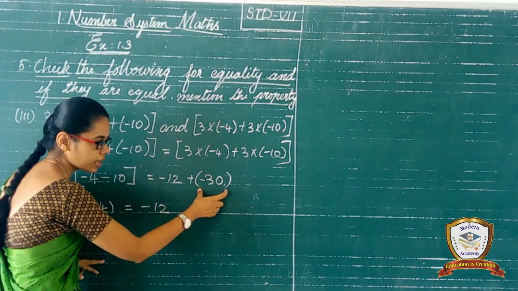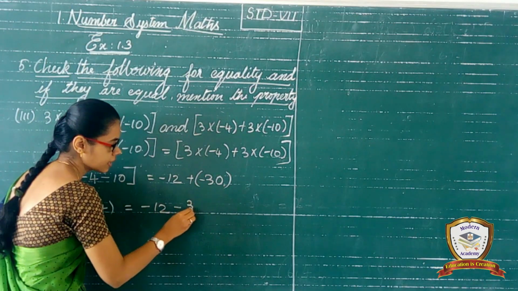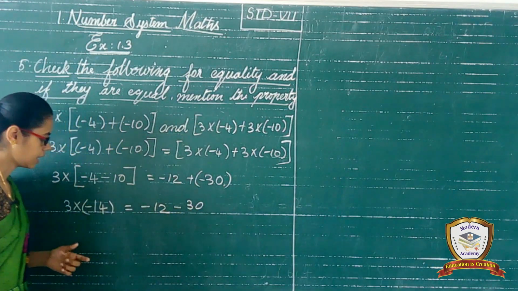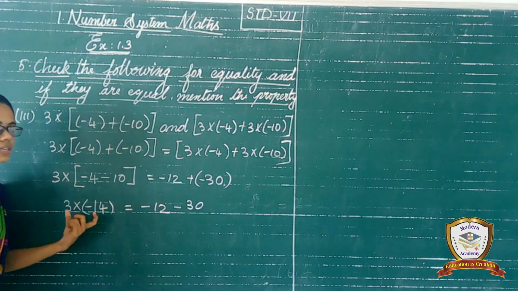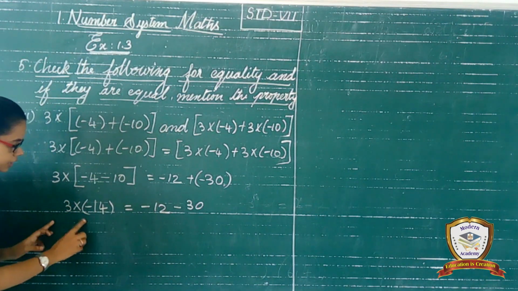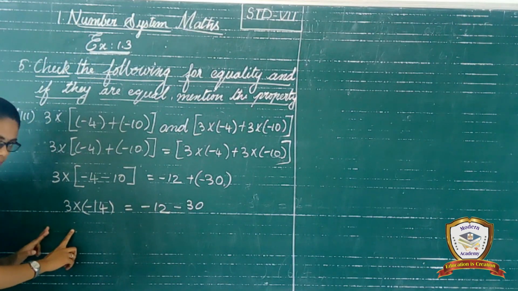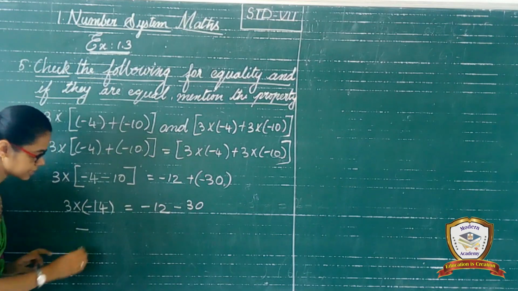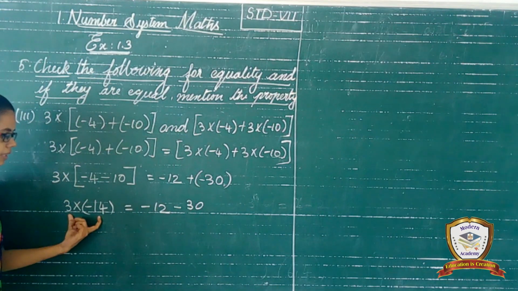See here, now we have to remove the bracket for this. So plus into minus, minus and 30. Okay, and then see these two numbers we want to multiply. First of all we mention the sign. So which sign will come? See, different sign. In multiplication, different sign means we need to mention the sign minus in our answer. Can you understand? Okay, next we multiply the number.